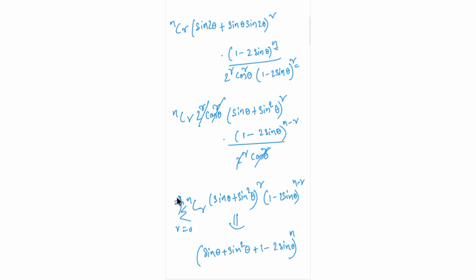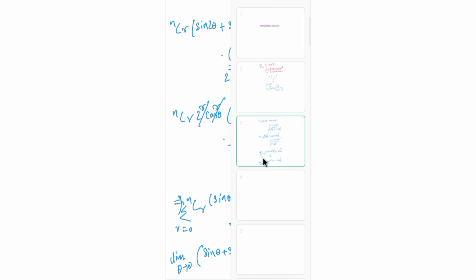We have whole power n at this, and we have the limit. Okay, we cannot forget the limit. That's in the question actually. The limit tends to 0. Okay, from this it's very easy. I'll just separate this. Limit theta tends to 0. I'll write it in this way: 1 minus 2 sine theta plus sine theta. I get 1 minus sine theta plus sine square theta, isn't it? Whole power n.